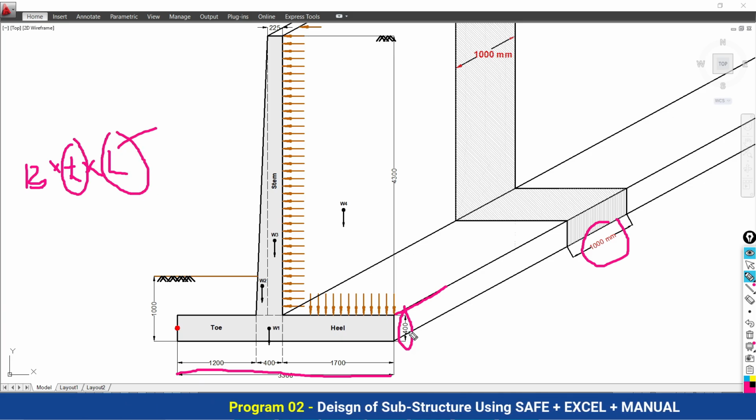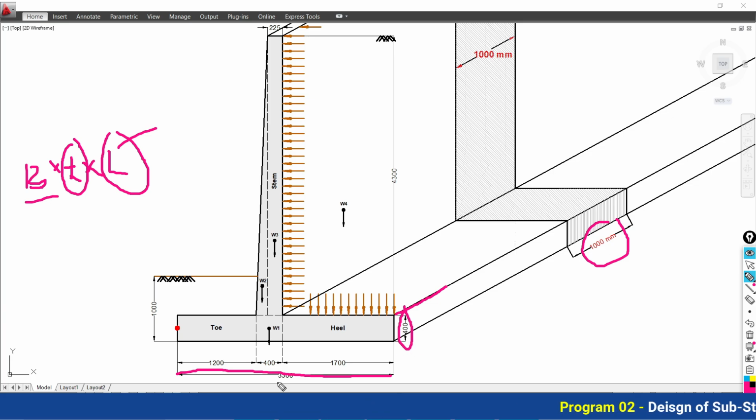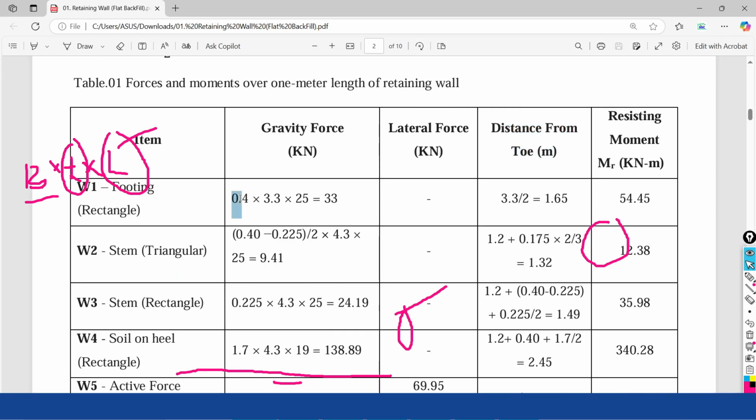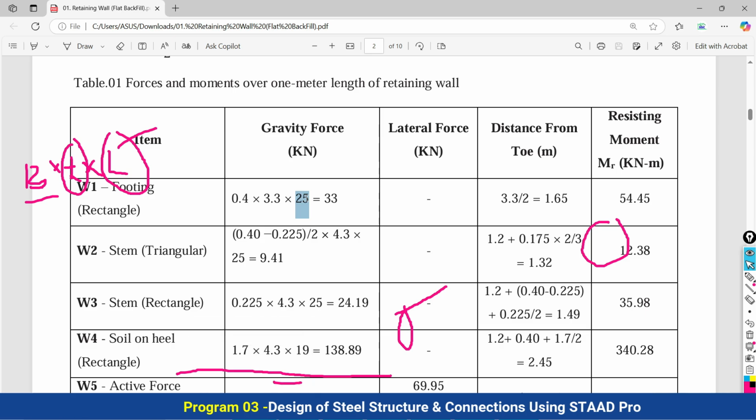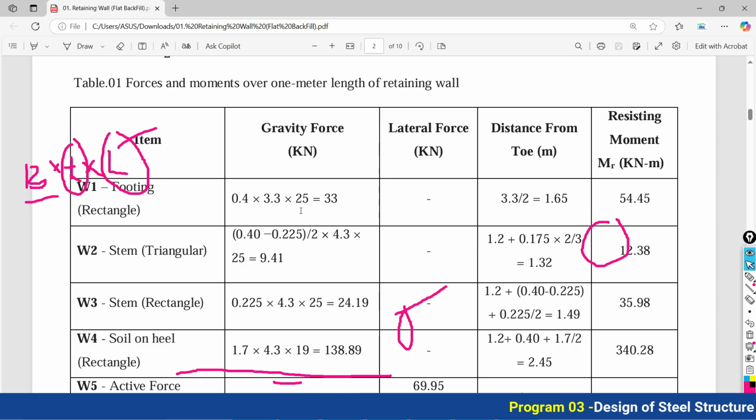Thickness we know as 400 mm, so it becomes 0.4 meter, and the width is 3.3 meter. So all these values we are going to put here: thickness 0.4, width 3.3 meter. Now, what is the density of the material? Your base is going to be made of reinforced cement concrete. Concrete is there majorly, so 25, you know very well, is the density of concrete we are considering. After multiplying all these values